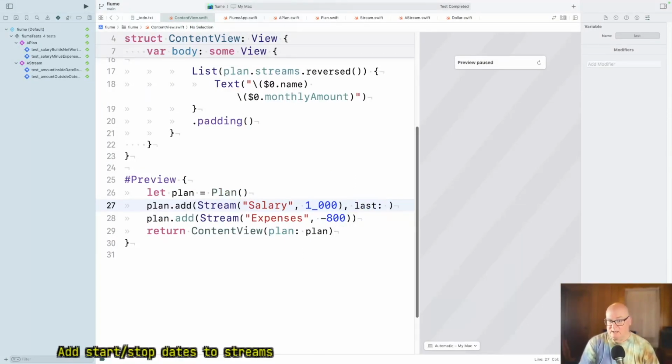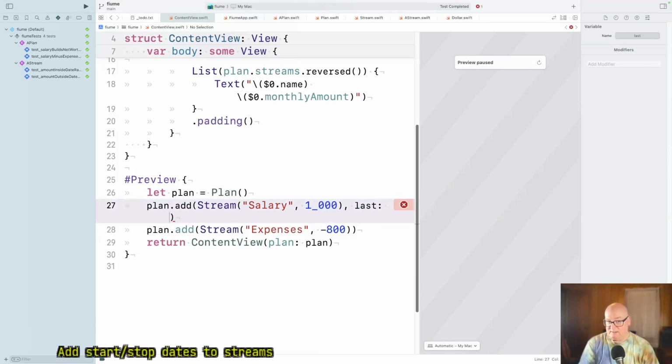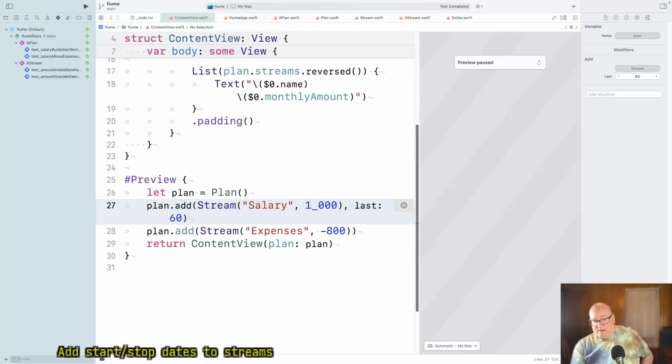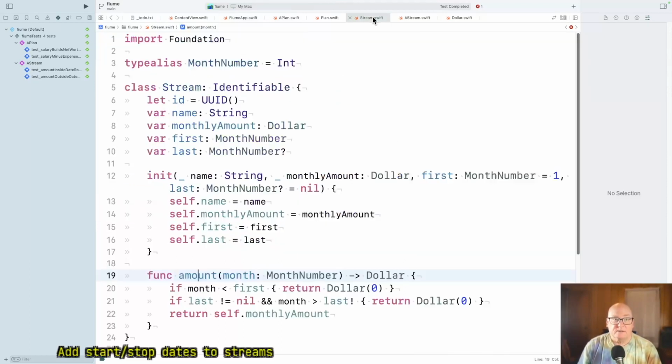Let's say he's going to retire in 5 years. So 5 times 12 is 60. So he's going to retire after month 60, so he's going to work 5 full years. And what's your problem? Stream at last.